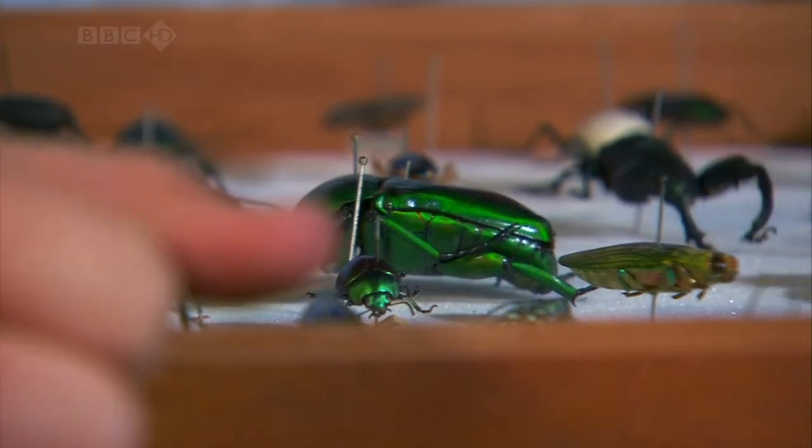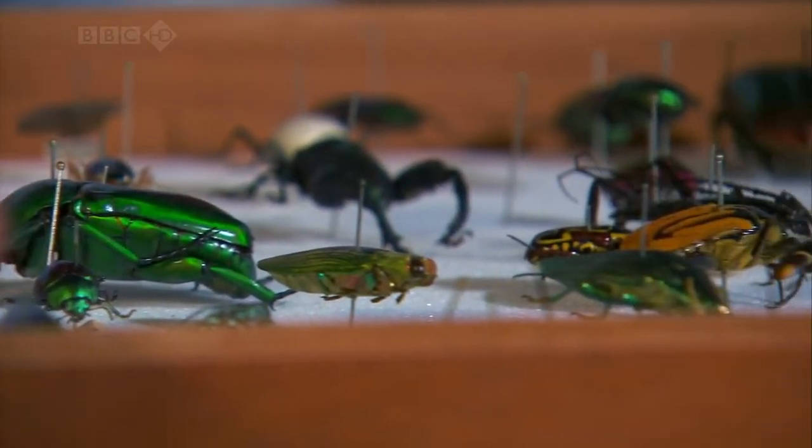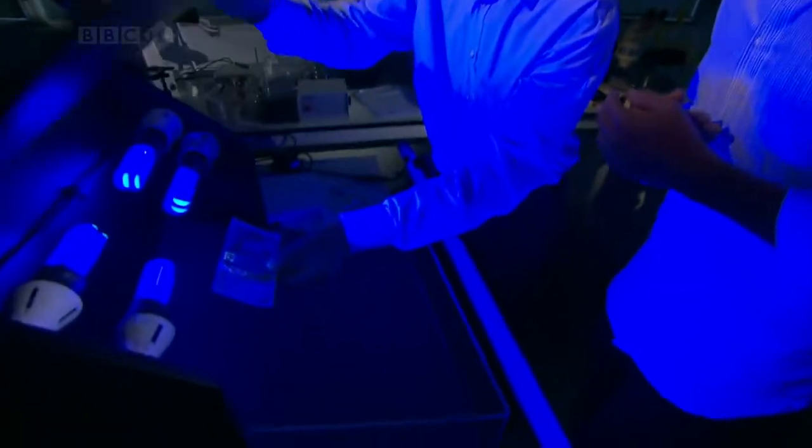We can now make paints that use these type of metallic colours. You can produce any colour you want. So, for example, a red car, and the car wouldn't fade over time. Whereas red cars today, they become pink quite quickly. If you put it under the fluorescent light...